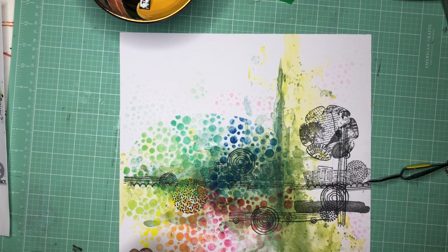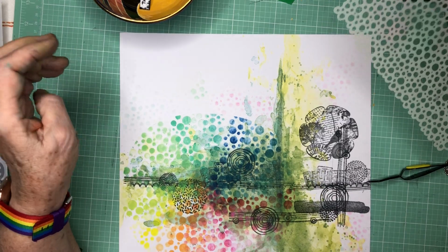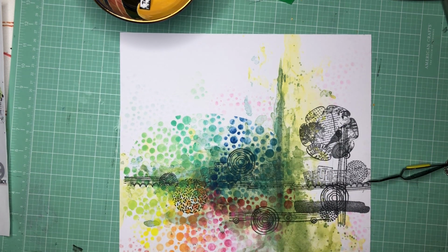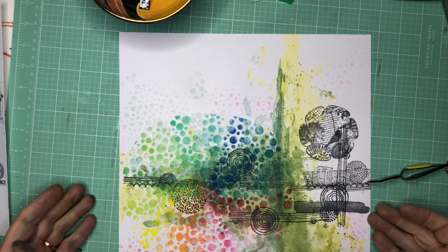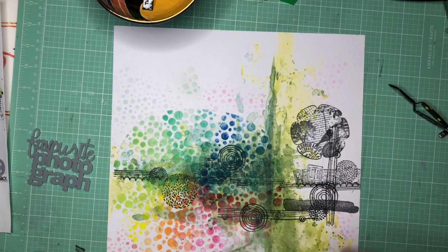What is my other? This has kind of an orangey color to it, which I haven't got. Let me pull this down here. Ah, that has the red. Okay, I'm done. I'm finished overdoing it. Okay, black